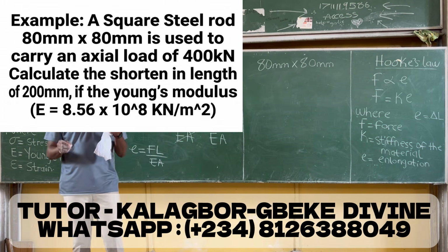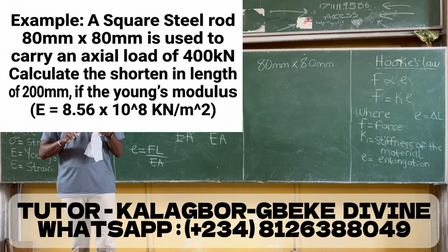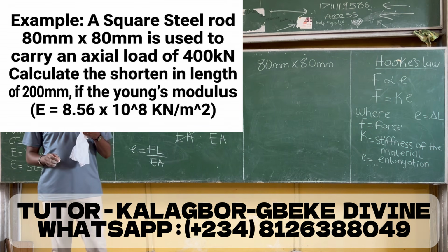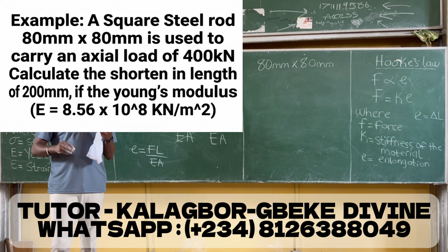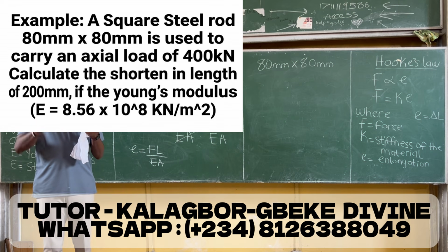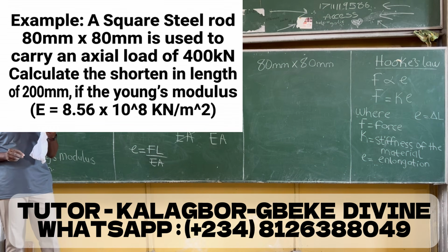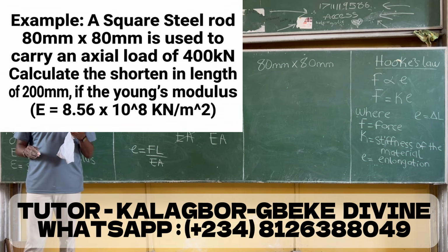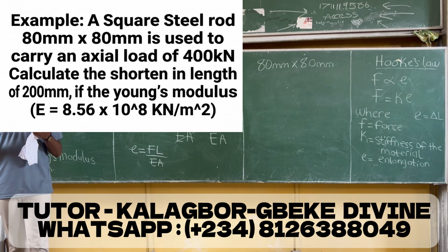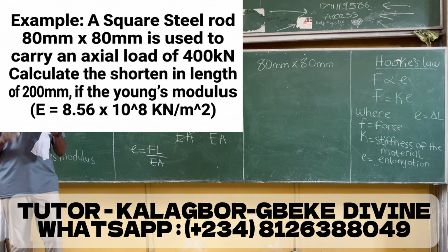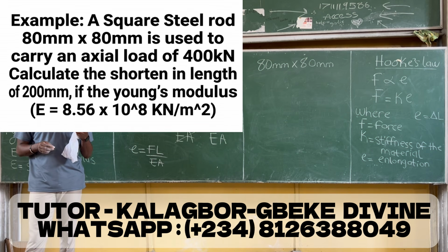A square steel rod, 80 millimeters by 80 millimeters, is used to carry an axial load of 400 kilonewton. Are you there? Calculate the shortening in length of 200 millimeters if the Young modulus is,